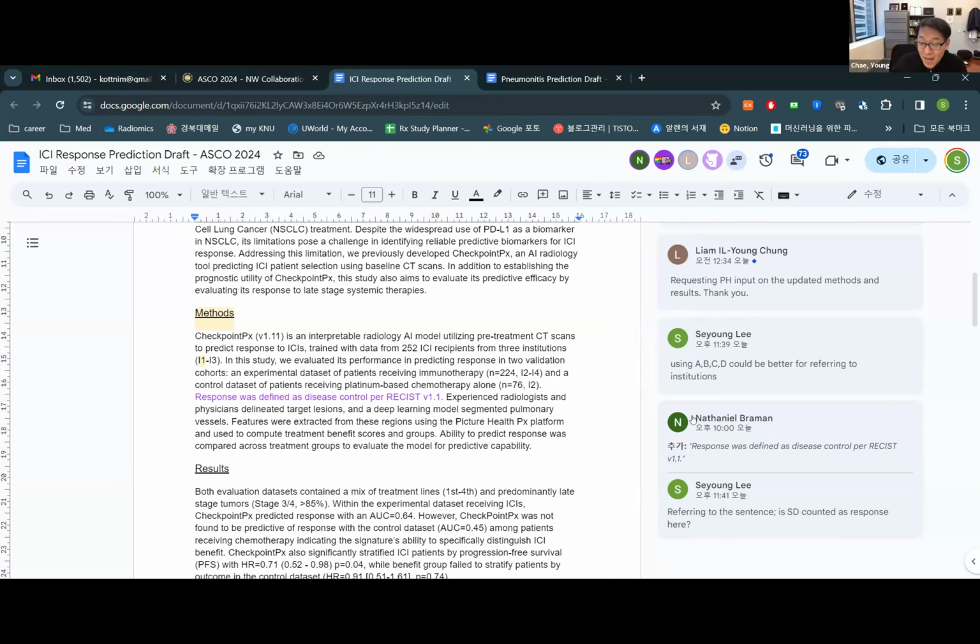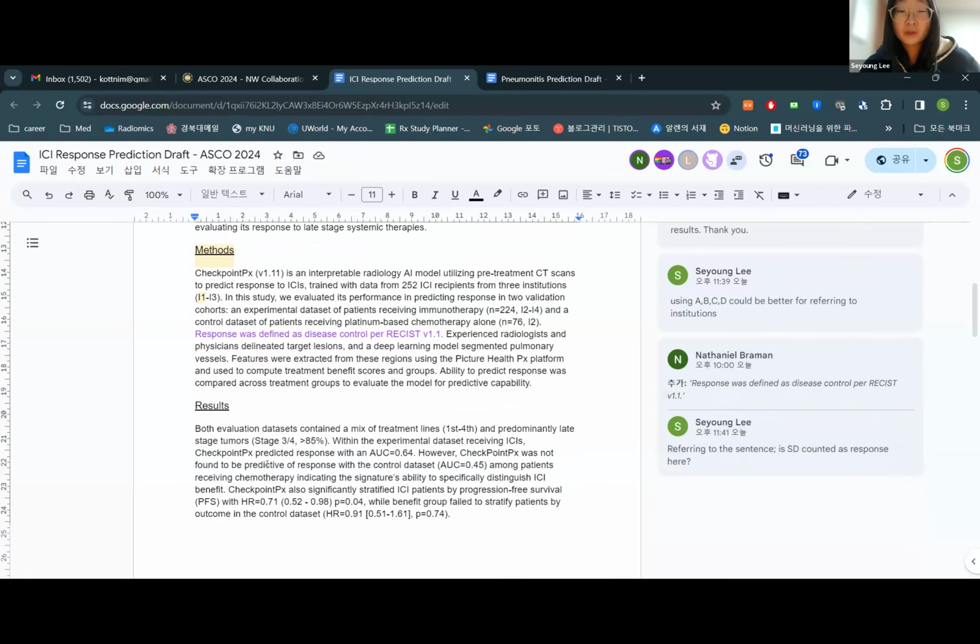So when you say responder, usually you don't add stable disease as a responder. Usually, when you say response rate, you only put CR and PR in the response rate. You don't put stable disease in the response rate. But for your study, you can define it however you want. In this study, I am defining it this way, and then no one can say anything about your own definition. So this is very important. Check on that. Okay. Yep. Sounds good. Next.